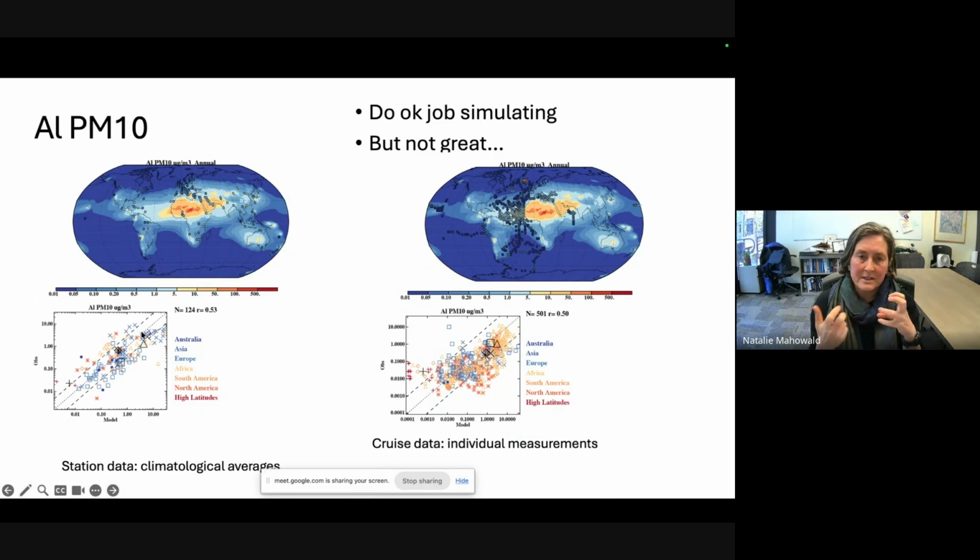The largest source of uncertainty in the comparison of the model to the observations, we estimate, is actually the spatial variability within a 1 degree by 1 degree grid. It can be quite a bit of variability there. There's also a little bit of variability from trying to capture individual events, because a lot of times the aerosols come in individual events. Anyway, here you can see we do an okay job, I'd say, simulating the aluminum. There's quite a bit outside our error bounds. We expect about 1/3 of the observations to be outside our error bounds, and we might get a little bit more than that. This is the station data, so it's climatological mean